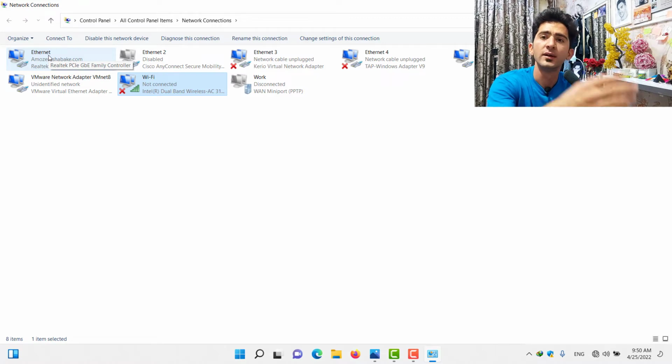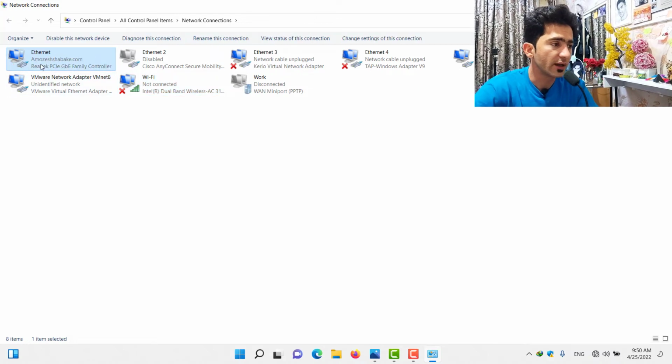You just have to plug the cable, and if you plug one cable and the other end to the other laptop, it will appear here. So in this Ethernet LAN driver,